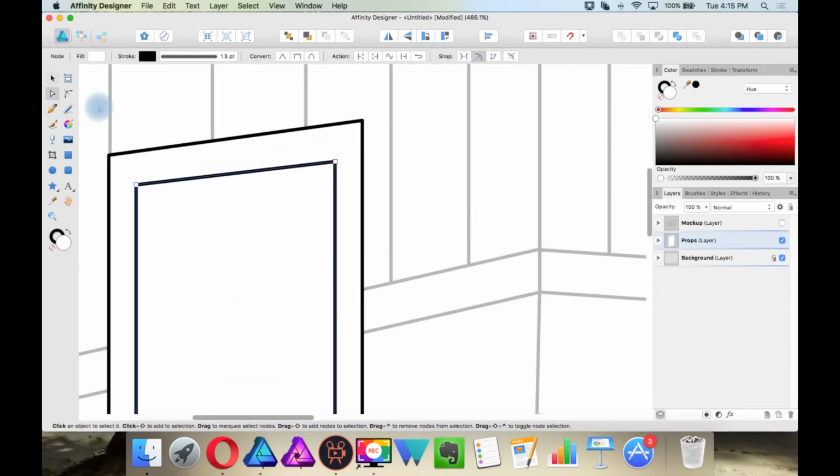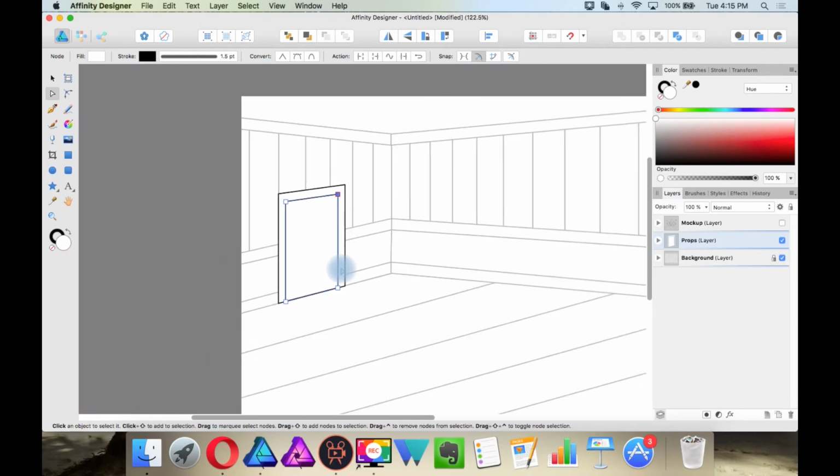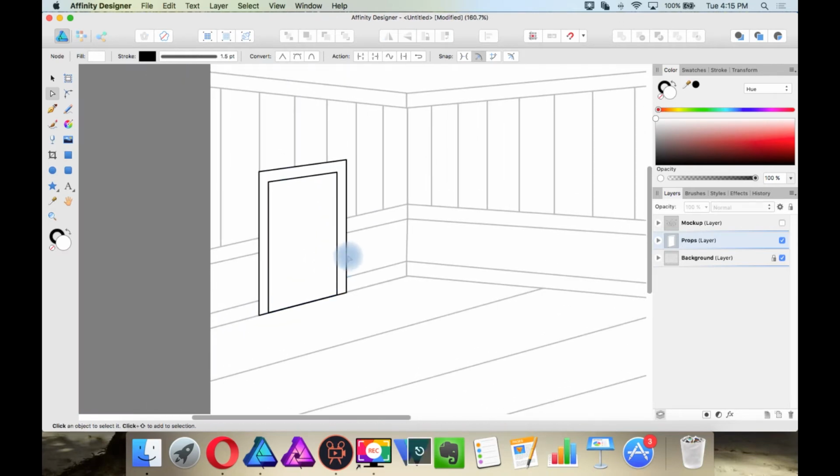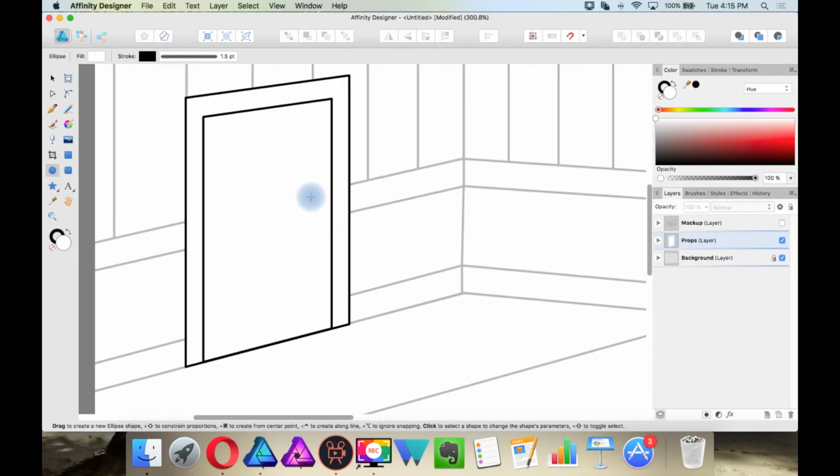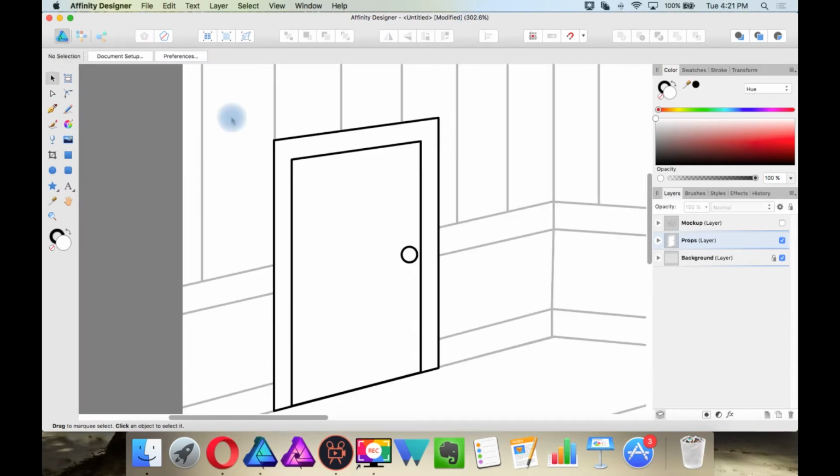But I still have to bring this side up a little, and I'm holding Shift again. Okay, now I have a frame. I'm gonna make a doorknob. Just use the circle tool, hold Shift again to constrain. Now this door is not complete yet, so one last thing I'm gonna do is take the rectangle tool,